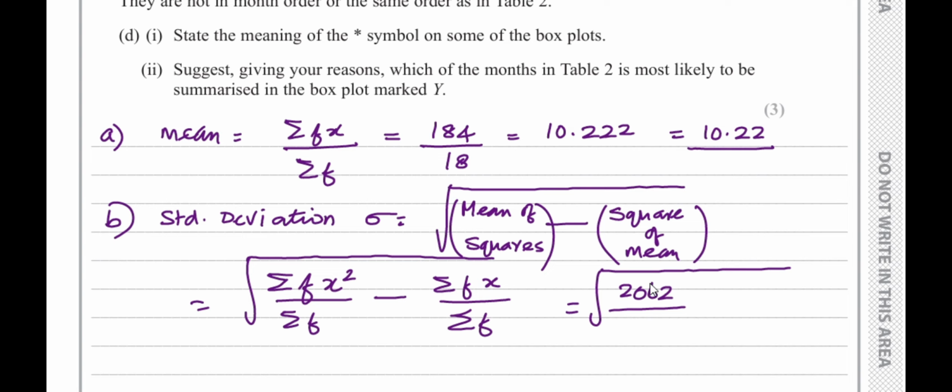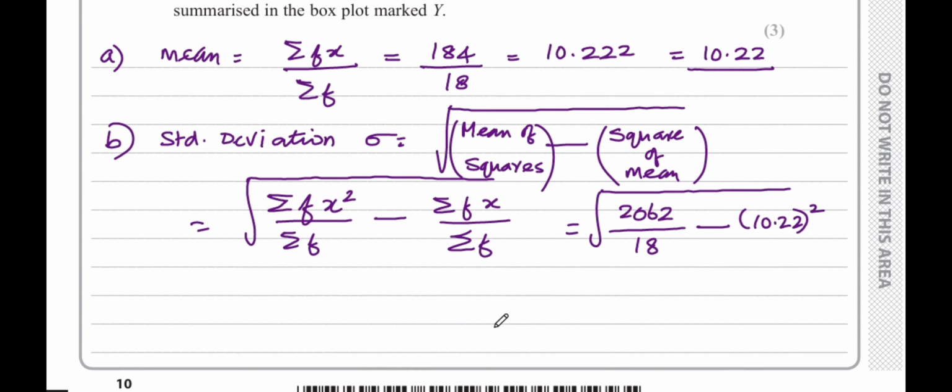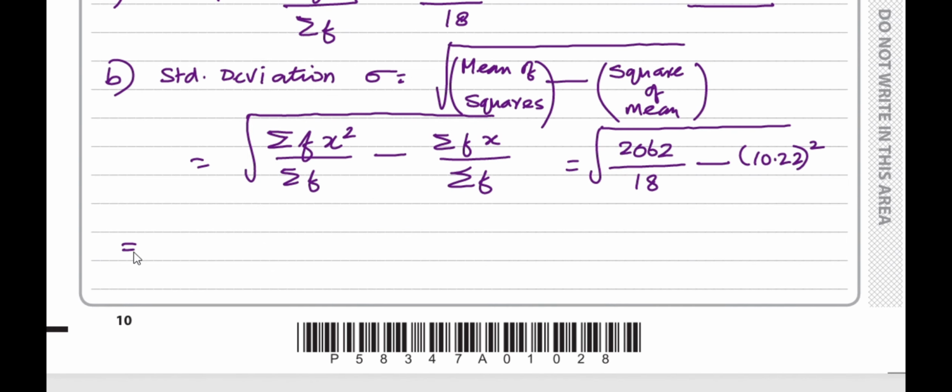That's what I got when I squared each x value and multiplied by the frequency. And when I divided by the frequency number, it's 18, minus this. I can just put 10.22 here and square, because we already calculated the mean. You just need to square it. So putting that into the calculator, we get